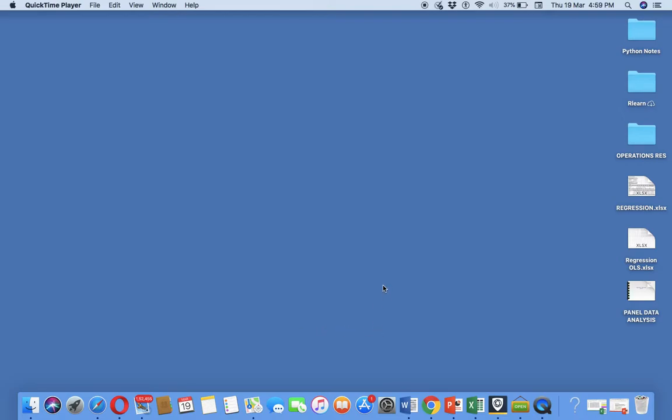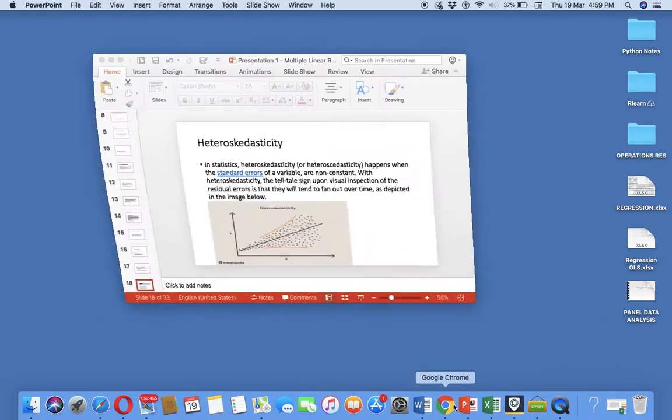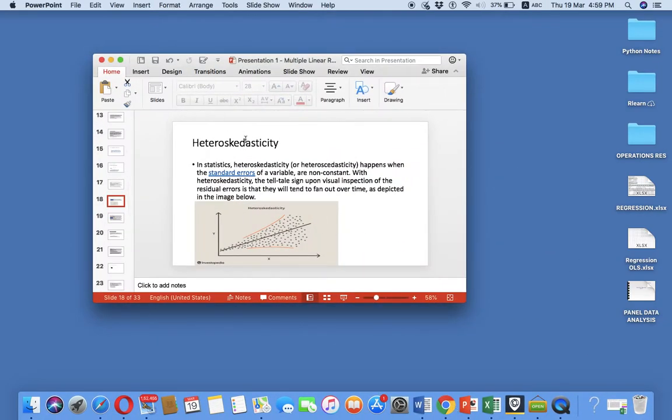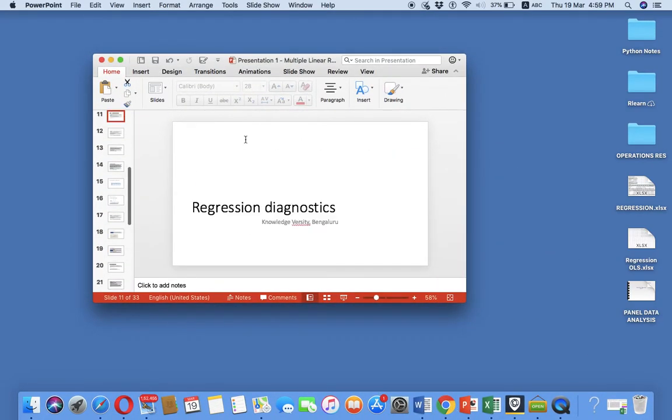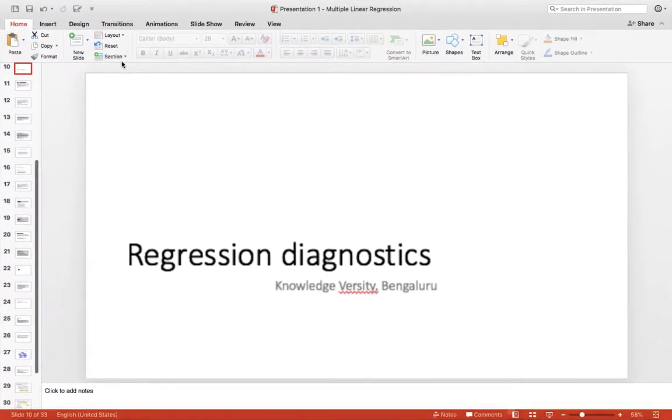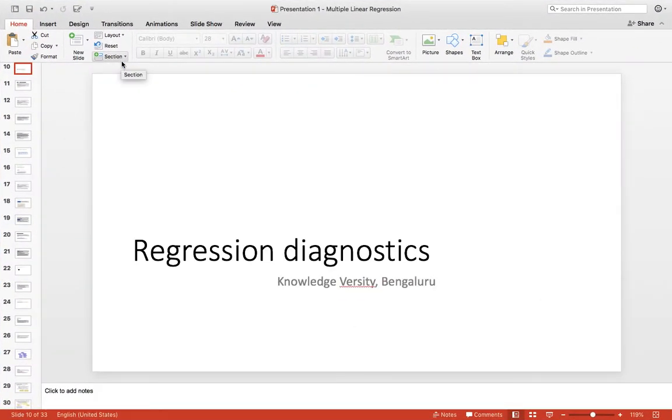We're now going to cover regression diagnostics. We've covered it in the last session. Now I will show you how it is done using real data. As I mentioned earlier, regression diagnostics is basically done to ensure that the estimates that you get are reliable and can be used for